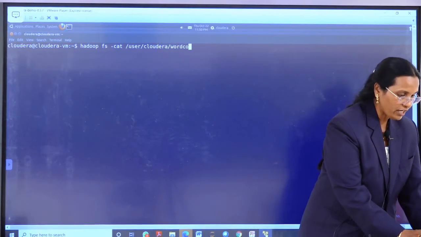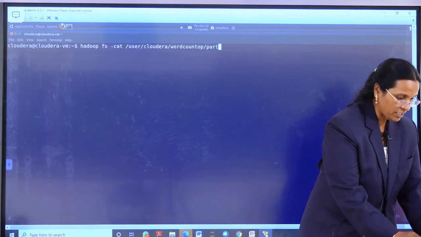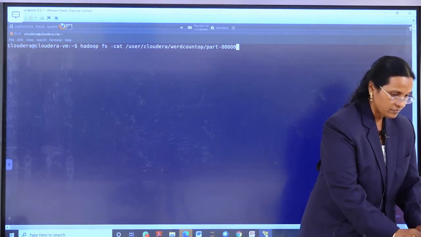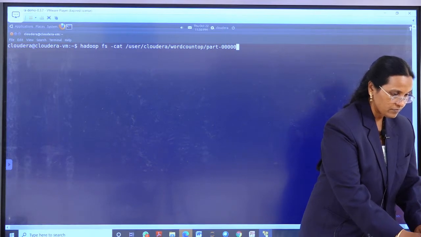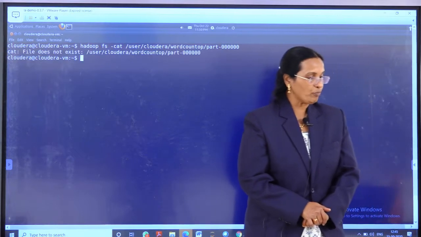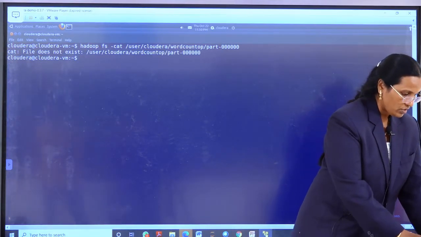My output folder name is word count OP, and my file name is part hyphen. It is saying the file does not exist.